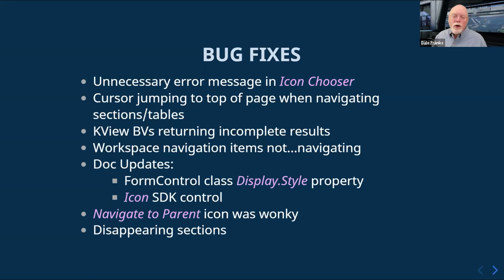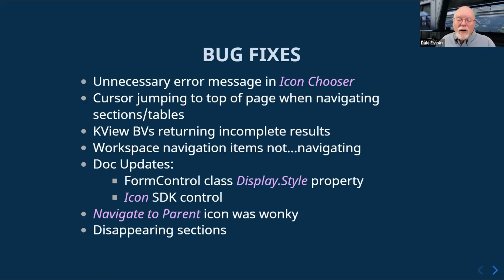However, there were two items in the developer's guide that weren't there that were specifically noticed and requested by customers. So they are now in the documentation. In the form control class, there is a property called display.style. That is one of the valid properties of the form control class. It was not listed in the documentation, and a customer was asking, what is the syntax to make that thing work? We've now provided that syntax and an example in the form control class page of the developer's guide.